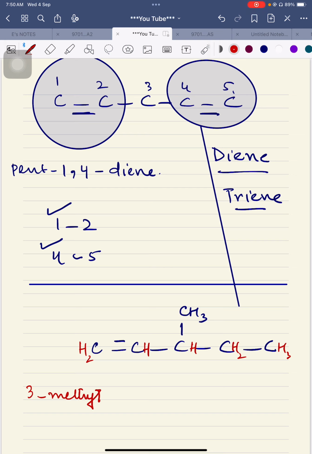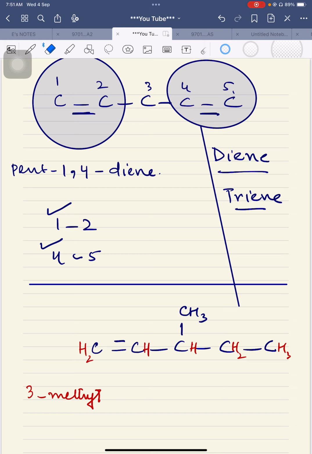The word alkyl radical will be taught to you when we teach you the concept of substitution reaction, free radical substitution reaction in AS level. But right now, you may consider that it is an alkyl basically. And what is an alkyl? When we subtract one hydrogen from the respective alkane, it gives you the alkyl. So it is called